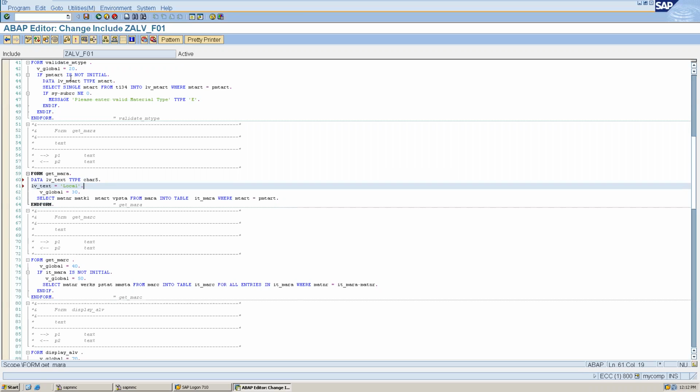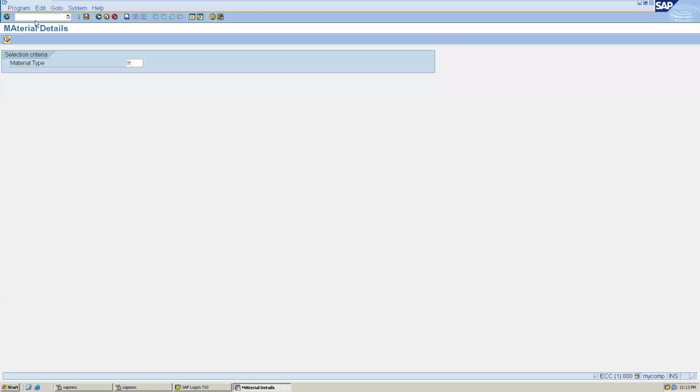Okay, now let's activate this, and I want to check where this lv text is getting changed, right? Because this is local, and if I try to put a watch point now, for example,